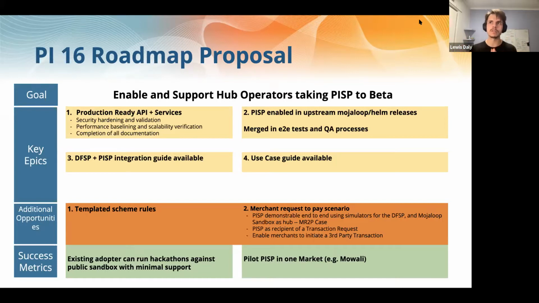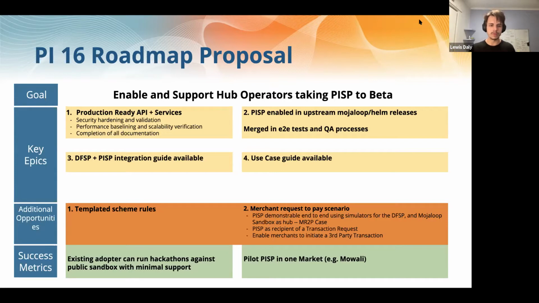I think there's a balance that we need to take as a work stream, and this is where, if we end up doing a breakout session tomorrow for PISP, we focus on how we get everything that we want in the right time frame. We want to be able to go live production ready for a peer-to-peer version of PISP, but if someone else in the community says, actually, we only really see this working in a merchant scenario, so we'd rather prioritize getting merchants working in PISP, or I don't know. This is where it's up to you, the community, to jump in and help guide the roadmap for the PISP work.